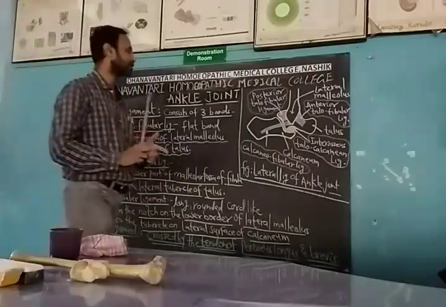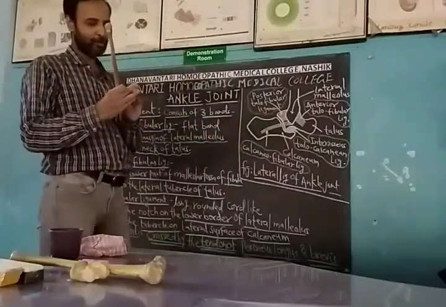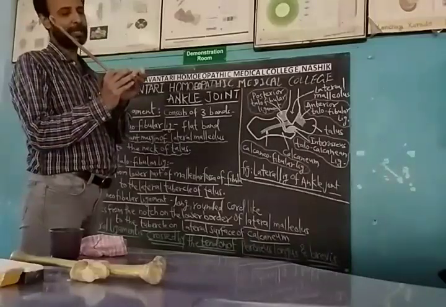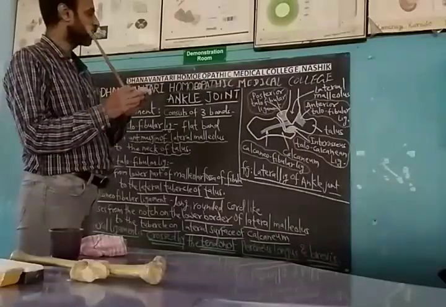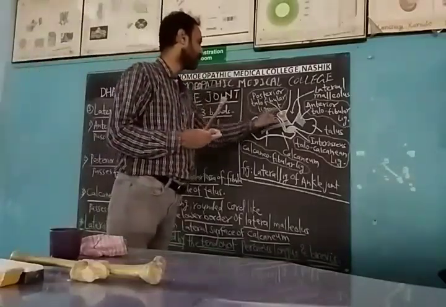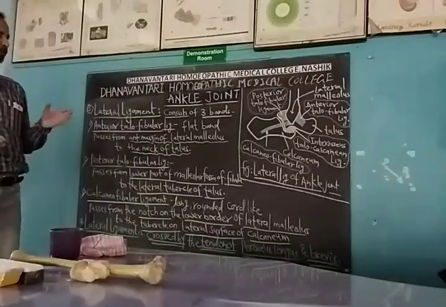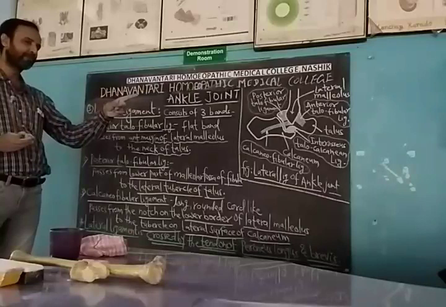lateral tubercle of the talus. So there is a lateral tubercle of the talus. Clear? So that is to the lateral tubercle of the talus. So that is what attachment. So now this is how the attachment of this posterior talofibular is from the lower part of the malleolar fossa of the fibula.